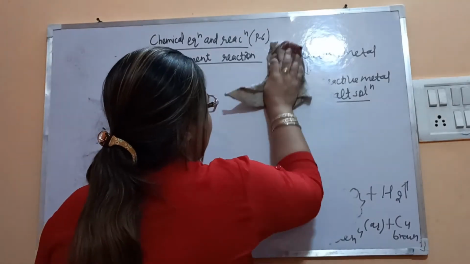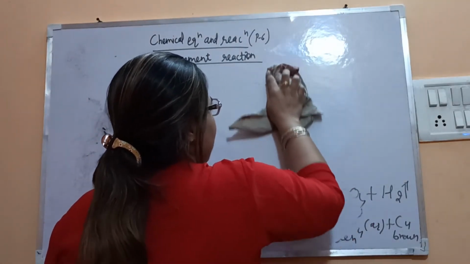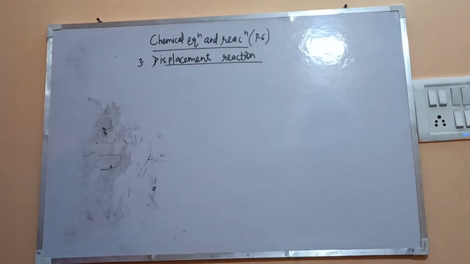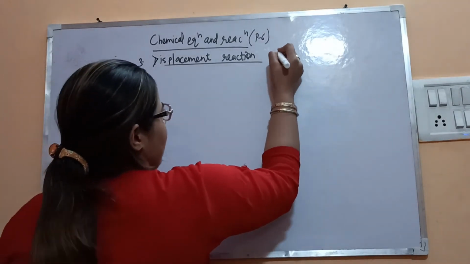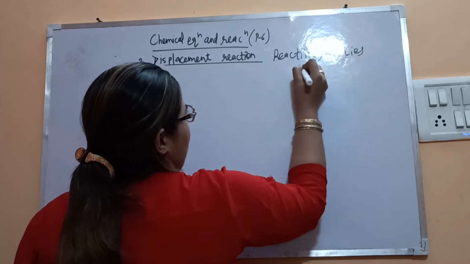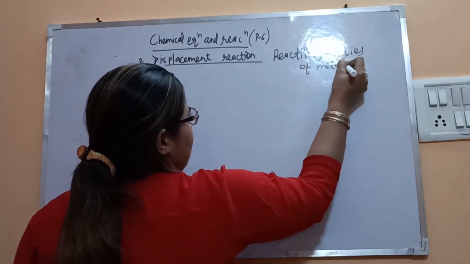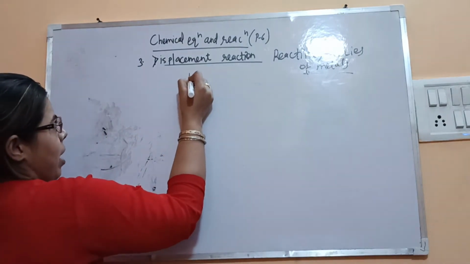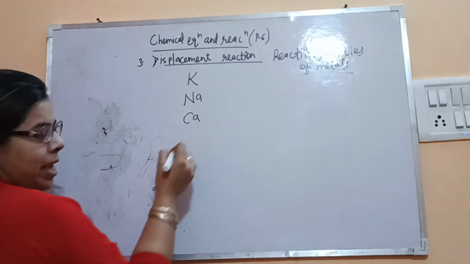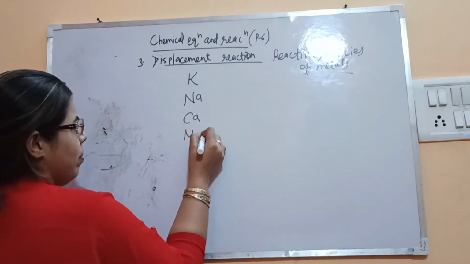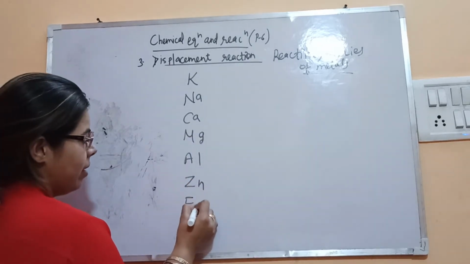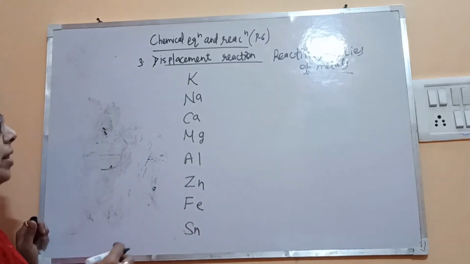So the reactivity series is the arrangement of the metals in order of their decreasing reactivity. This you have to learn. First, at the top, potassium is present, then sodium, then calcium, magnesium, aluminium, zinc, iron, tin,